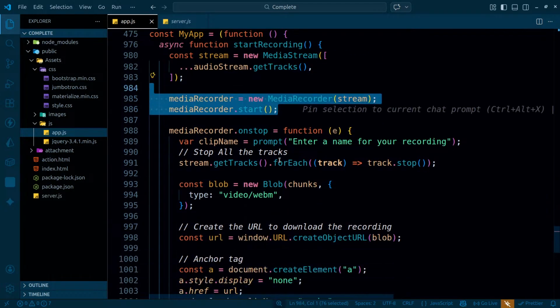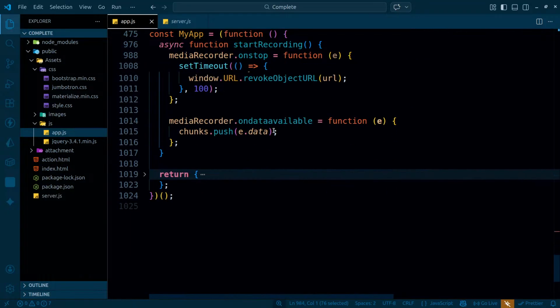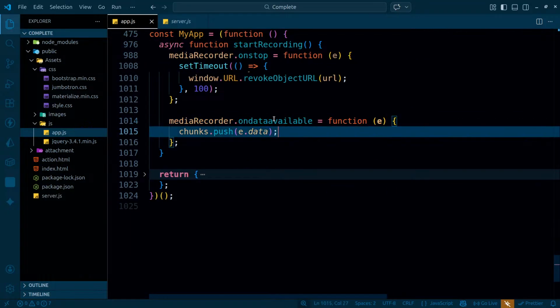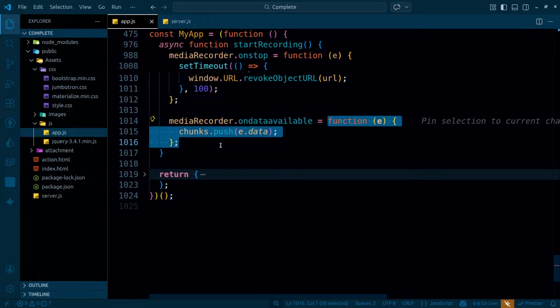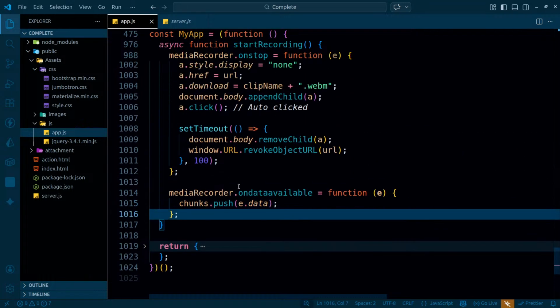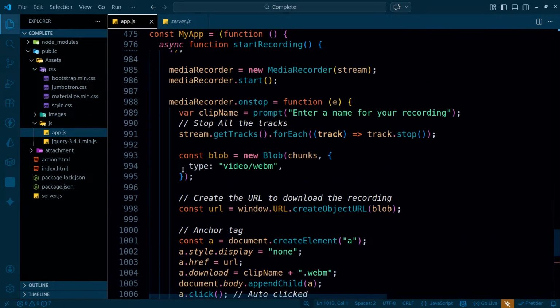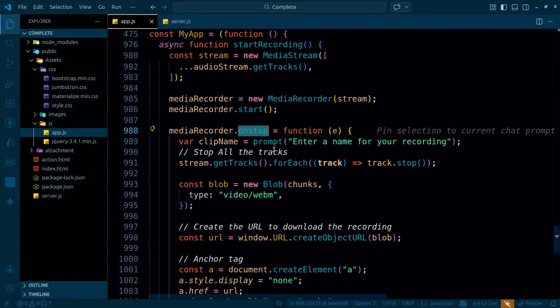Once the recording is started, you will be listening for ondataavailable. This is the event that gets triggered just after that, so you are going to be saving the chunks inside the chunk object. Once this is done, whenever you click on stop, at the time when the value is stopped, in the sense whenever,